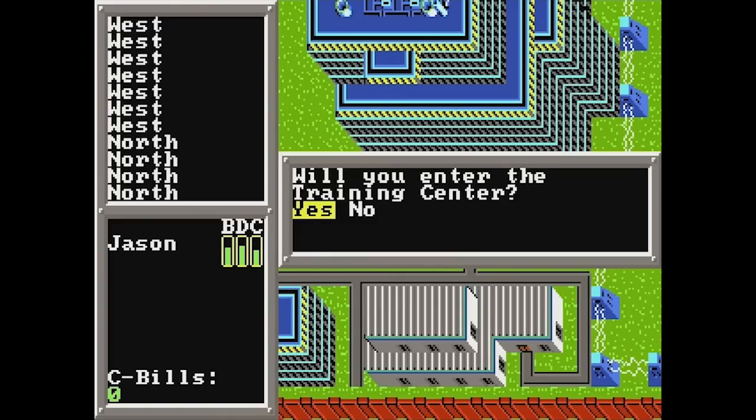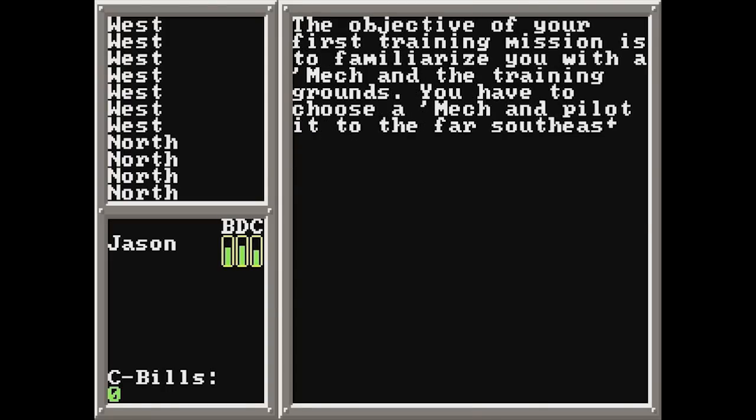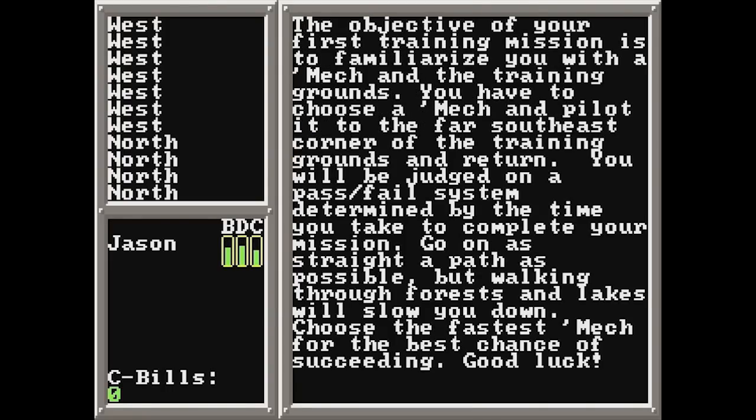So will you enter the training center? Yes, I will. Greetings, Cadet Youngblood. You look like you're ready to begin your mech warrior training. Are you ready to accept your first training mission? Yes, I am. The objective of your first training mission is to familiarize yourself with a mech and the training